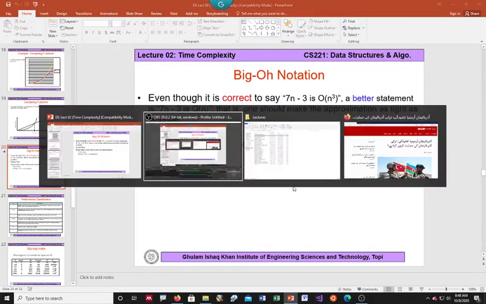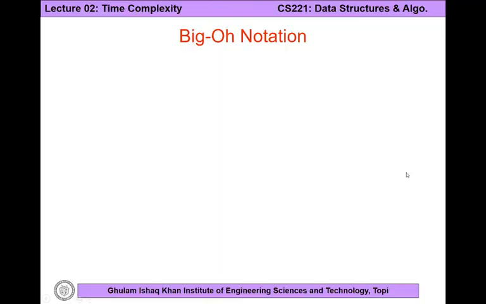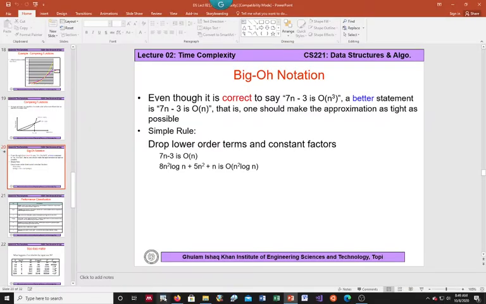Okay, last time we were discussing the asymptotic analysis, or what we can say is the time complexity, although asymptotic analysis is the proper term, or the complexity analysis of an algorithm. And the last thing which we discussed was that we need to have a tighter bound on the complexity of an algorithm. And I also told you that when we compute the complexity of an algorithm, we need to measure it using some unit, and there are multiple units